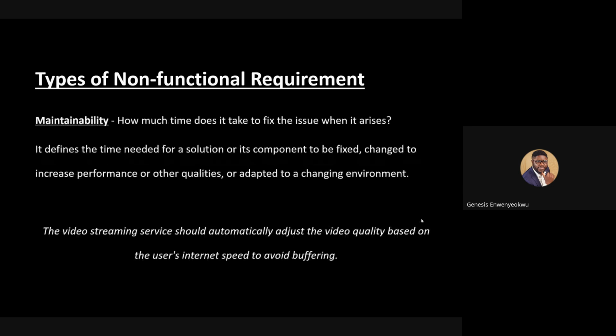Okay. Then the next one is maintainability, which talks to how much time it takes to fix the issue when it arises. So whenever there's an issue, this is where things like SLA, service level agreements, come into place. Whenever an issue or problem arises, how much time do we take to resolve it so that our system or our solution could be up and running for our customers or users to make use of it? Now, the next requirement